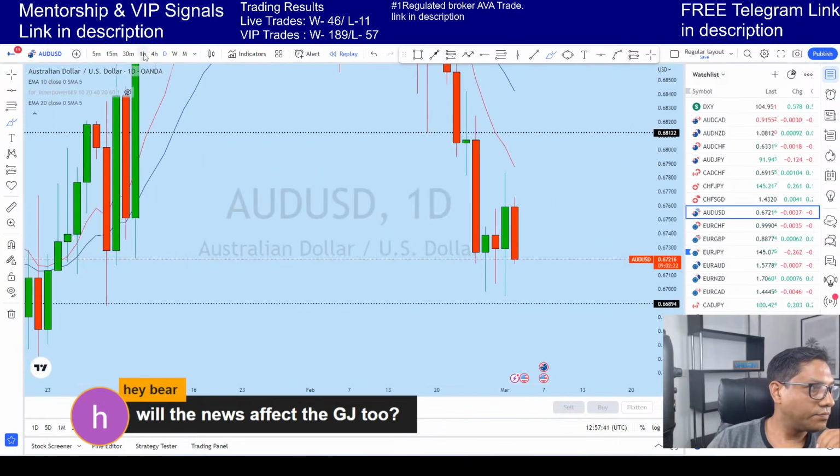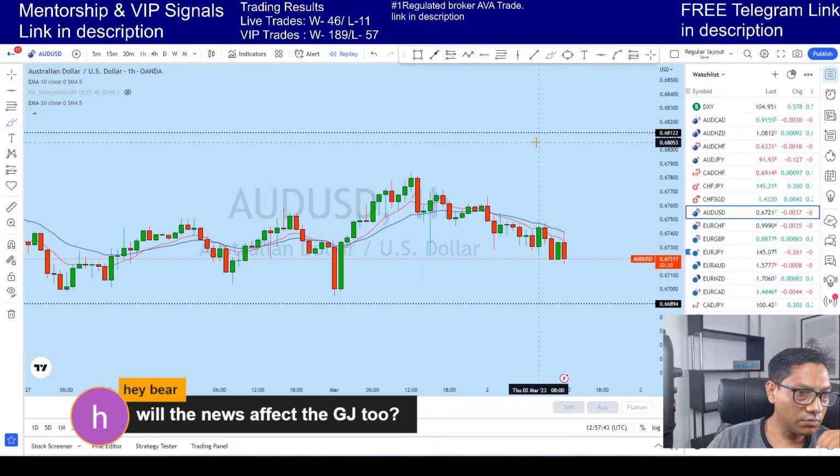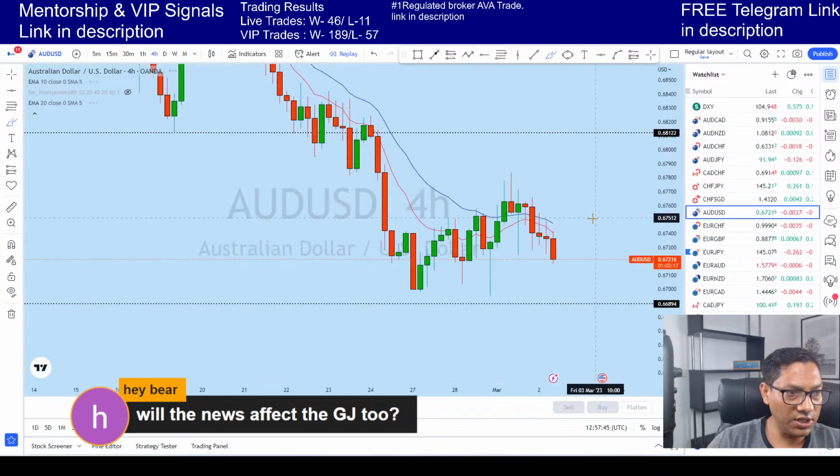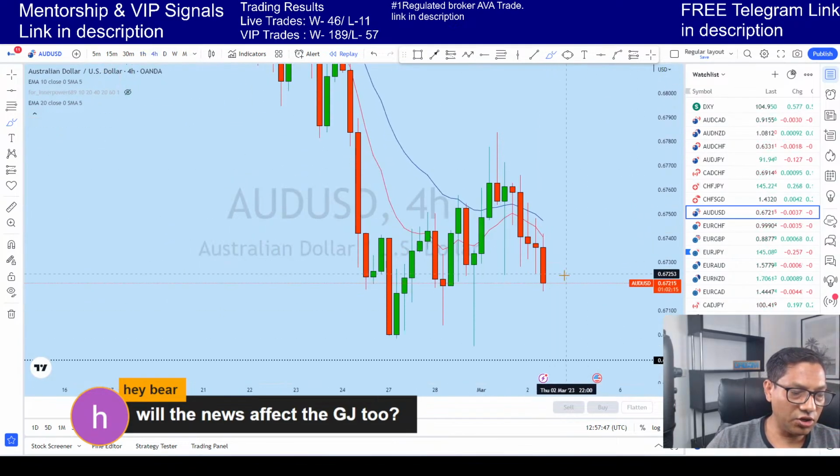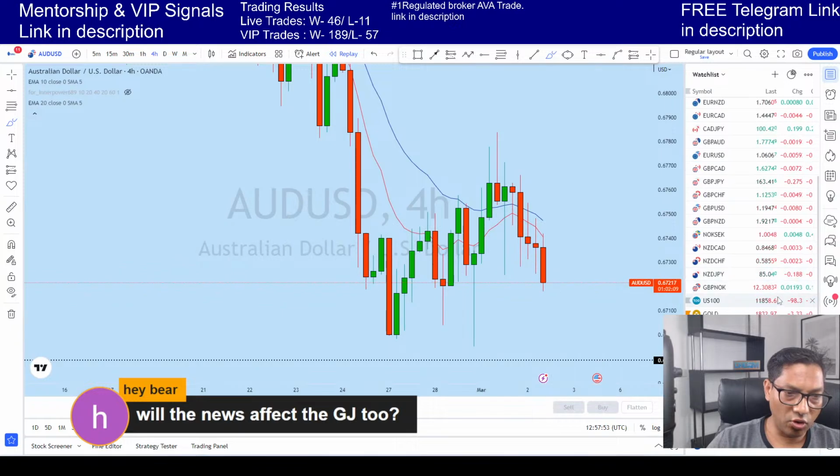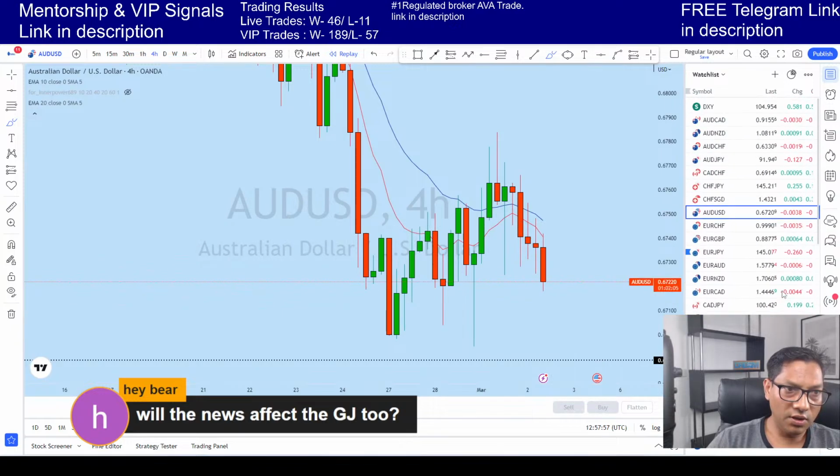So let's see how it does. But in case in this session this one is going up to this level, definitely we'll be opening a sell position. Always wait for an overextended market, and then normally I go for a ride like we did yesterday. At any point we might find a selling opportunity or a buying opportunity. So make sure, guys, you stick around all the time, because anytime we might go for a call.